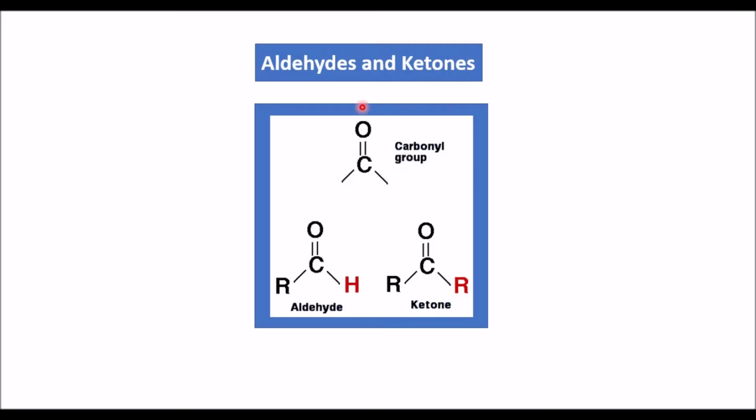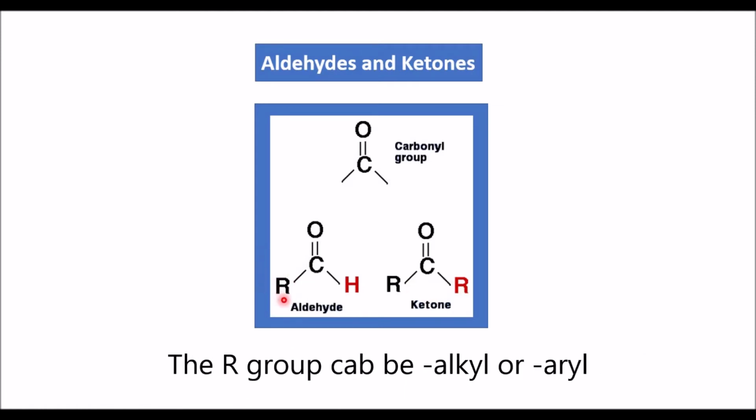In this lab, we will determine the physical and chemical properties of aldehydes and ketones. Aldehydes and ketones are organic compounds that contain the carbonyl functional group. In an aldehyde, there is a hydrogen atom attached to the carbon, and the aldehyde functionality occurs at the end of the carbon chain. For a ketone, the carbonyl group is located between the two carbon atoms within the chain.